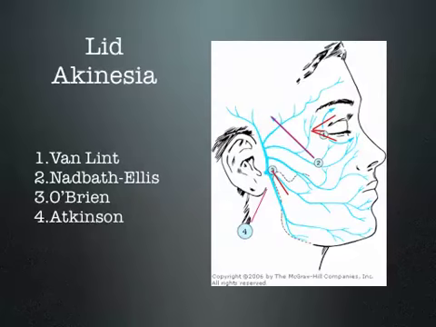And moving on to the lid akinesia. There are four kinds of lid akinesias. I wouldn't really elaborate much on these akinesias, just the site where these blocks are given. The first one, the Van Lint block,